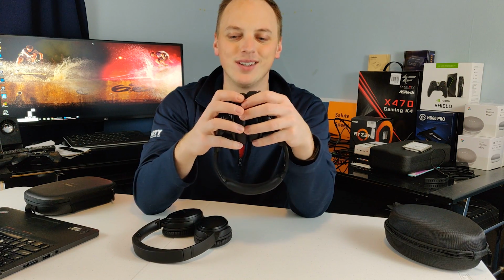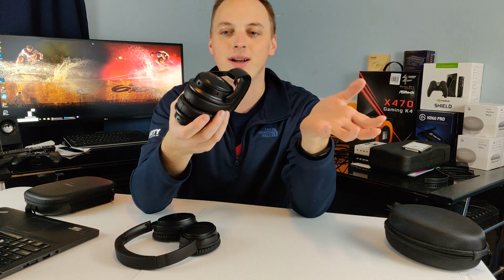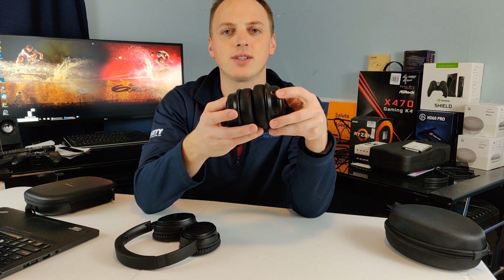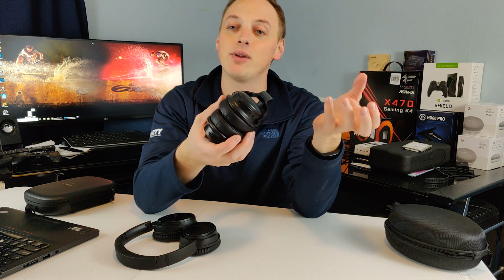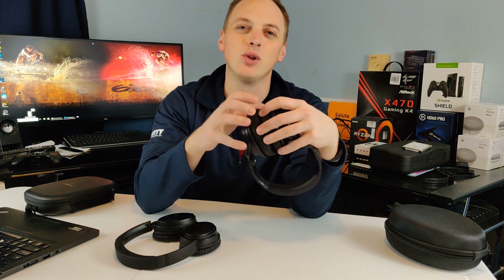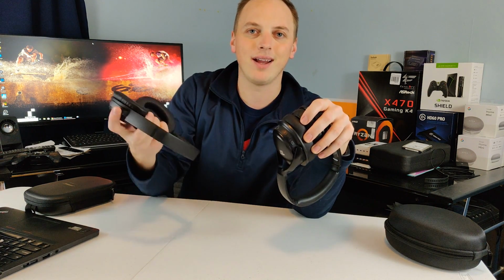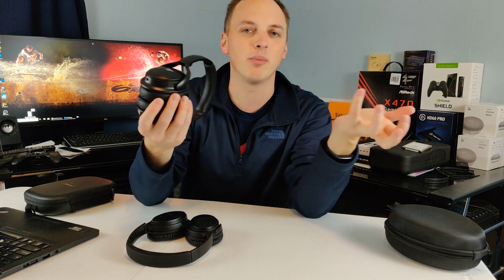The benefit to the QC25s is I can just swap a new battery in when you're traveling. However, like I said, these are not planned to be traveled with, so they're just meant to sit on my desk. So they'll be charged most of the time. Not a big deal. It does have the 3.5 millimeter jack just in case the battery does run out, so they will still function. Now, like I said, I have never run the battery out, so I don't know what they sound like. I know the Bose can get a little tinny when it runs out of power. I know mine do especially. So it's not something that I generally recommend, but if you're in a pinch,